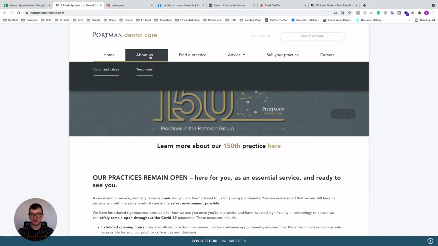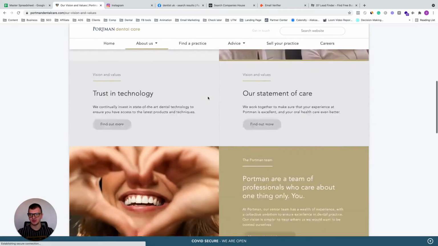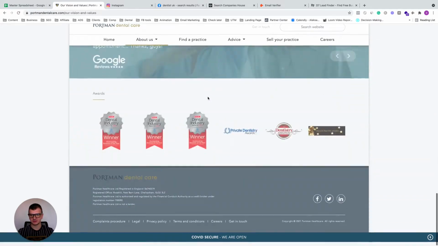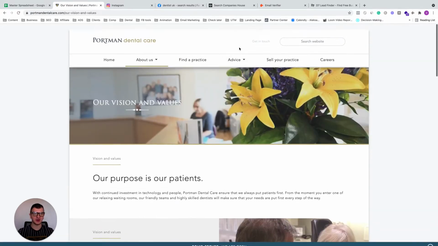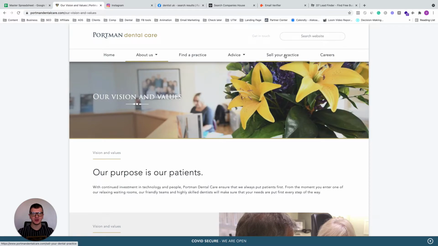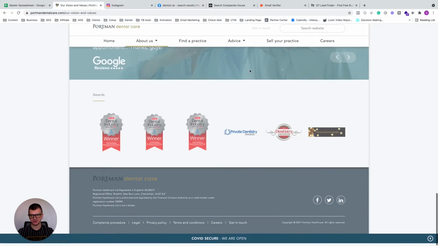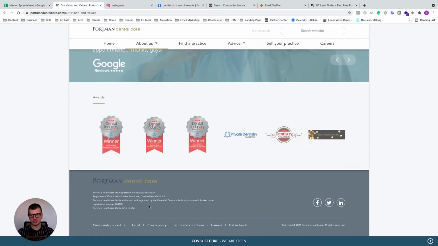If they don't have a page for you to check their team, let's just check this page, Visions of Value. Okay, so they don't have a Meet the Team page. So in this case, you're going to scroll to the bottom. Most of the dental practices are going to have on their website the legal name of the business,